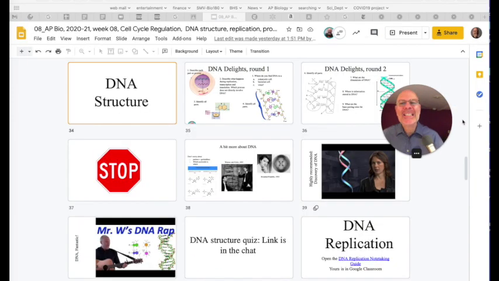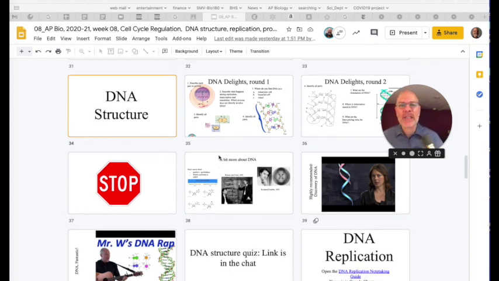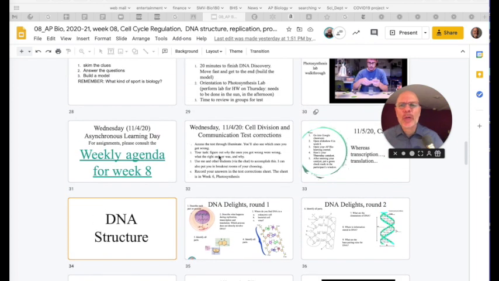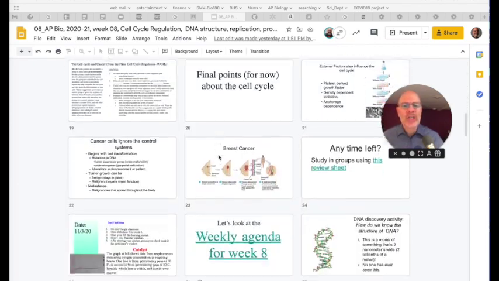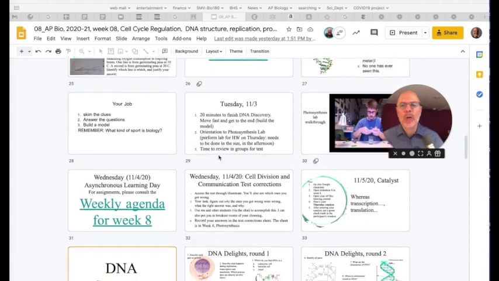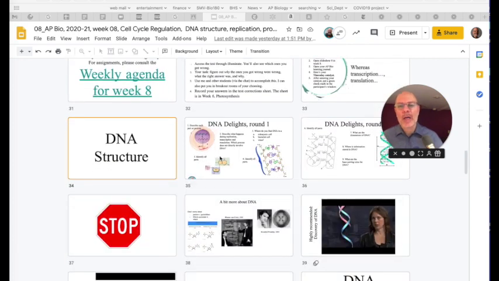And then in addition to the other resources that I'm offering you, I also want to invite you to share the Google Slideshow that I use for the direct synchronous instruction that I have with my students. And this one starts with cell communication. I closed up cell communication and then moved into DNA structure. So if I just show you the slide over here,